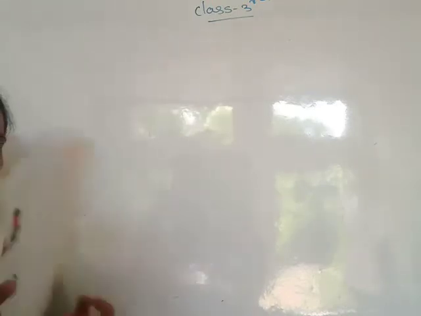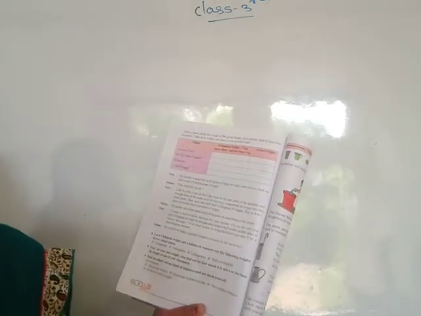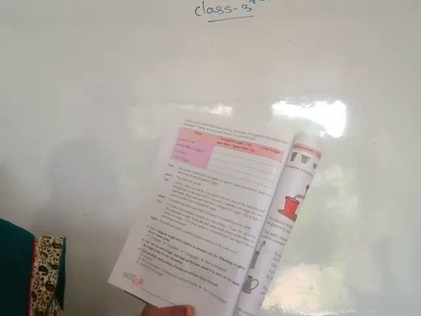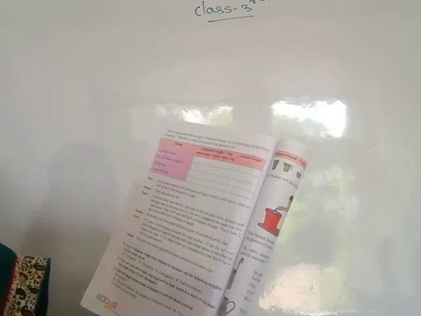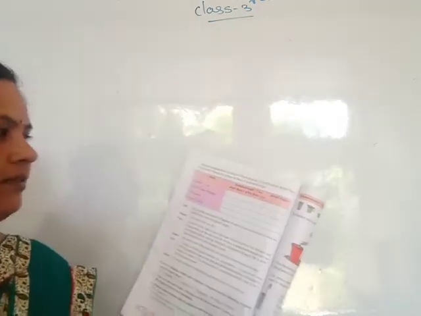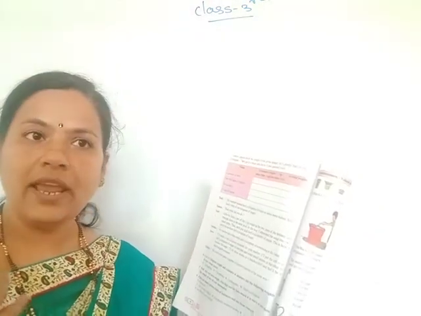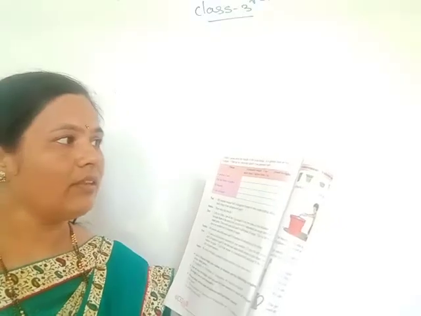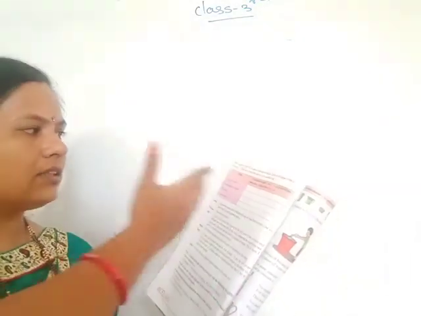Then see page number 40. Make a guess about the weight of these given things. Is it greater than or less than 1 kilogram? Then go to a shop and check if you guessed right. Firstly you estimate the weight, and afterwards you find the actual weight. You go to the shopkeeper and ask for the actual weight of these things.